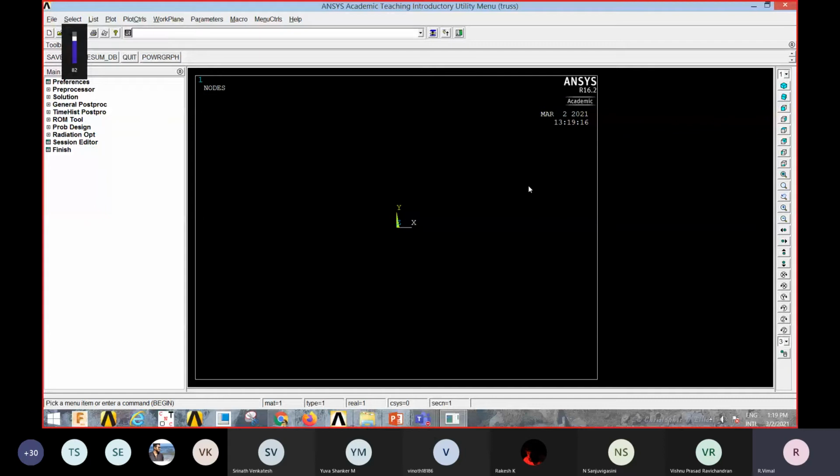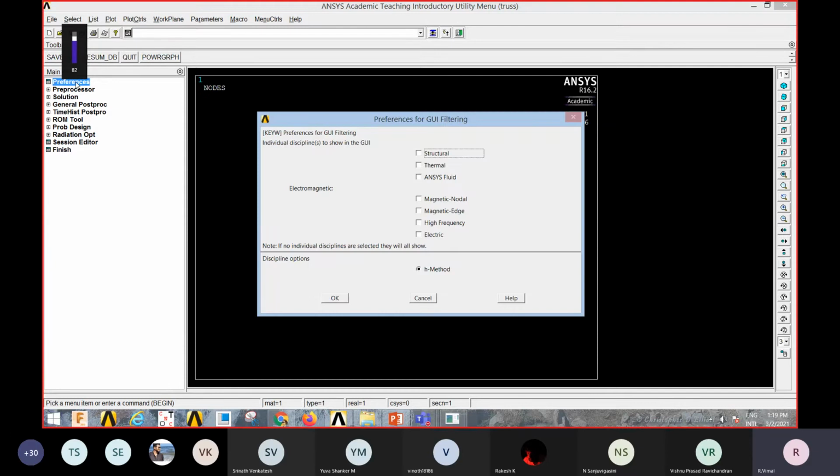After opening the screen, the first step is to go to preferences. Once you click on preferences, the Preferences for GUI Filtering dialog box opens up, where we have to check the structural button. This is almost the same for almost all the sums. Now we click OK.